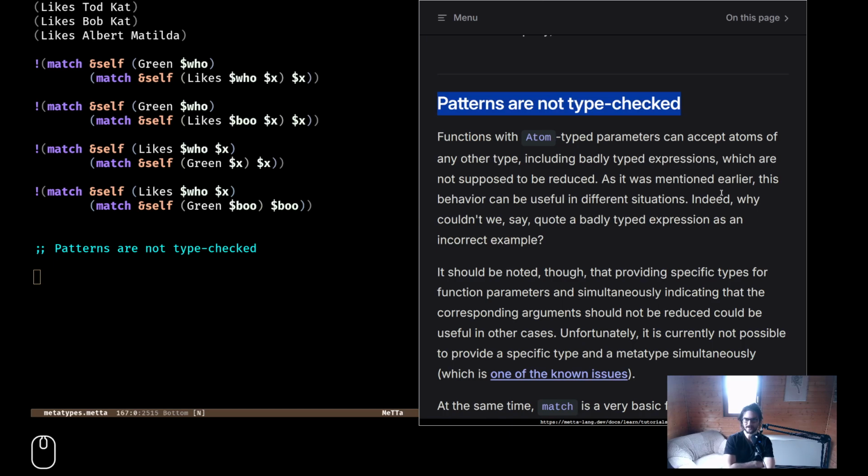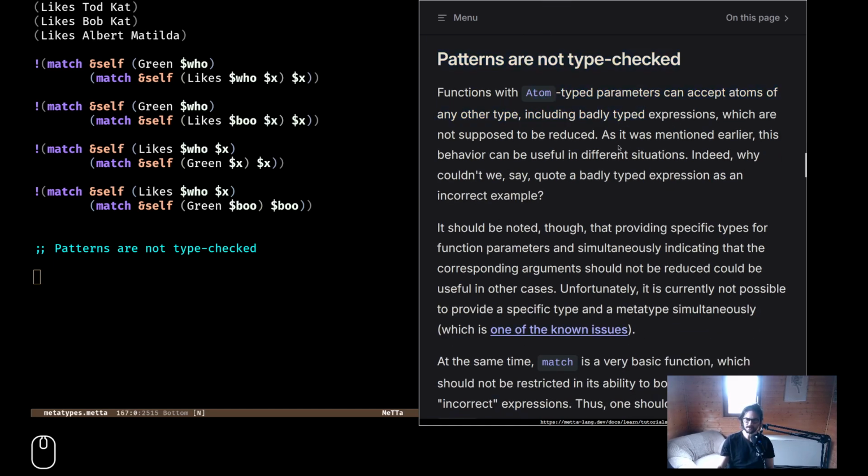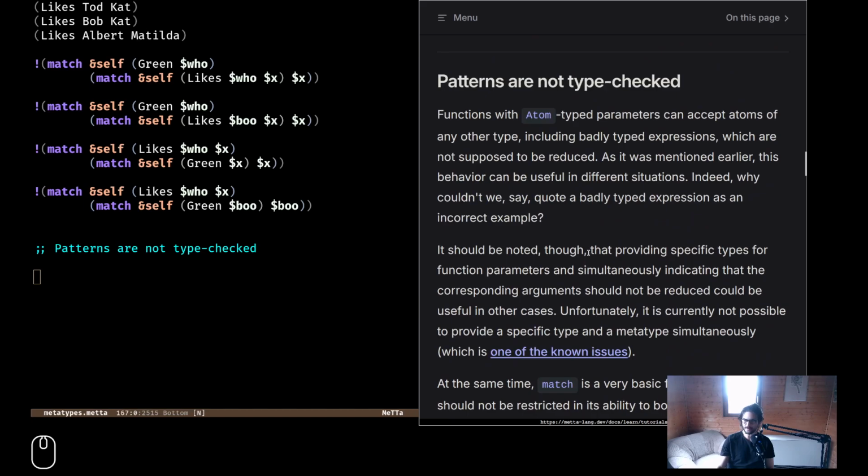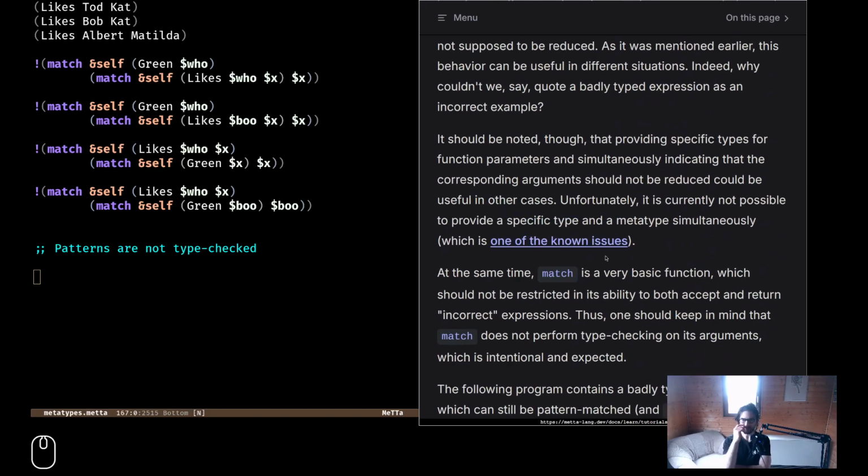Maybe I want to exactly check something about the type of the expression. Yeah, this would be very restrictive if I could only work with properly typed expressions. That would be strange, because I want to meta program with the expressions, so there should also be intermediate expressions and so on.